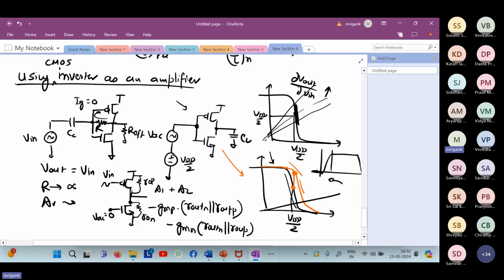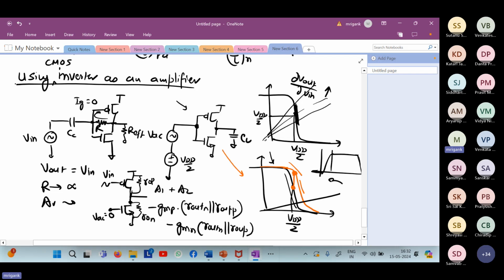In general, on-chip circuits do not use very large coupling capacitors. Generally, even if you use coupling capacitors in on-chip circuits, they will be very small. In your breadboard circuits, we use very large coupling capacitors, several microfarad, you can also use several tens of microfarad, doesn't matter. But the on-chip capacitors that you can use in an integrated circuit are generally much smaller. And that is because the capacitor takes a lot of area.